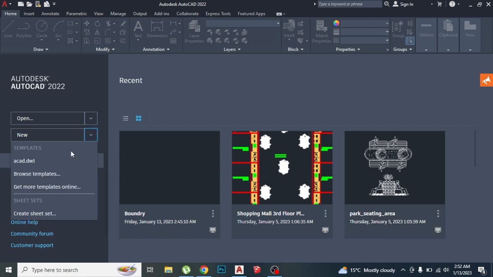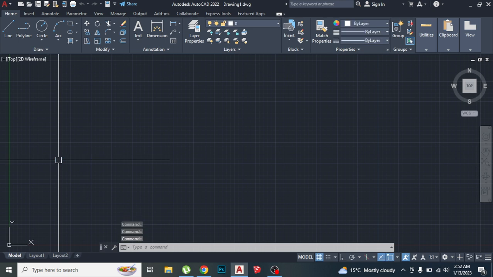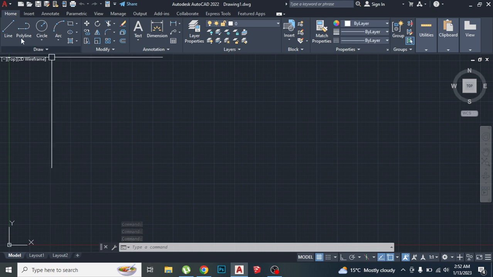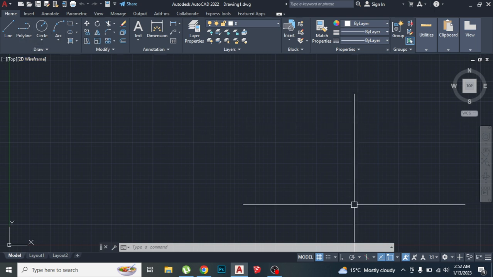After that, you will go to acad.dwt for opening your file in the AutoCAD 2022 version. When your file has been opened, this is basically the user interface of your AutoCAD file.